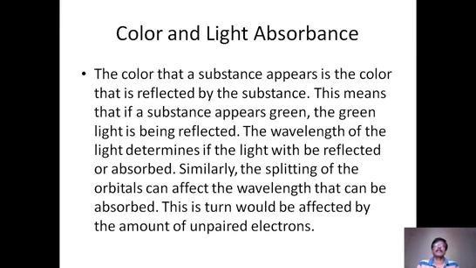So the reason for color appearance is only this: when visible radiation falls on any compound or any material, if a part of the visible radiation is absorbed, then the remaining part comes out as a colored compound. So that gives color. If the total visible range is absorbed, it will not appear as color, and if the total visible range is reflected back, then also it will not appear as color. It looks like white. If total is absorbed, it looks like black. But if a part of the visible is absorbed and the remaining part is reflected back, then that appears as color.